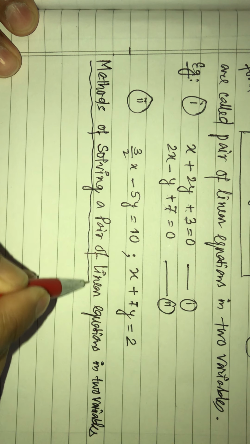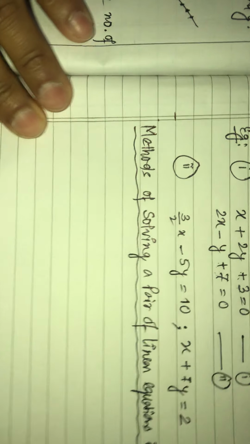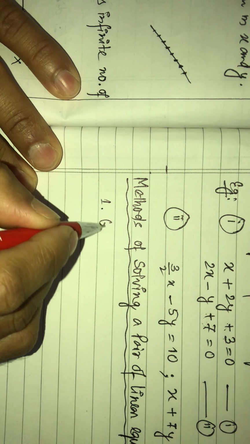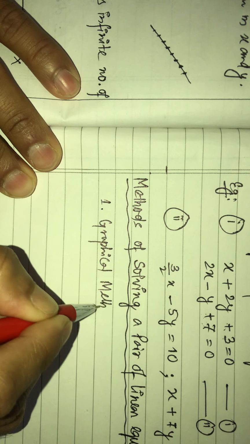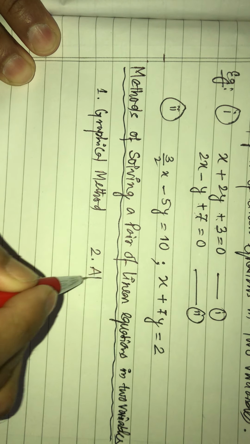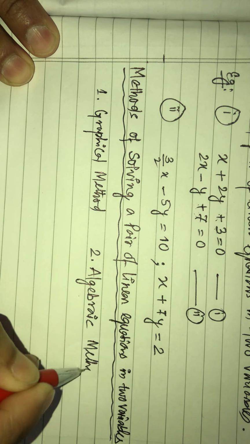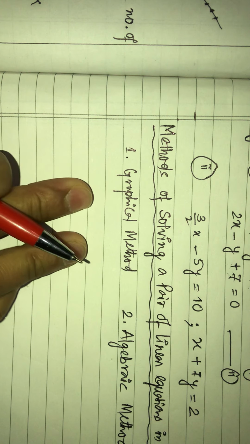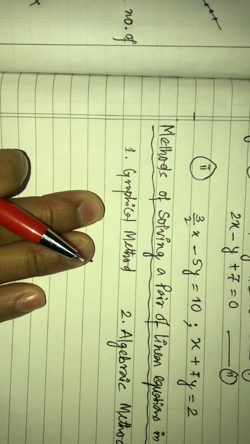Methods of solving such equations. As I told, there are two methods. First is the graphical method, and the second one is the algebraic method. So in the graphical method, as I told, we need to plot the graph, and from the graph we'll learn how to find